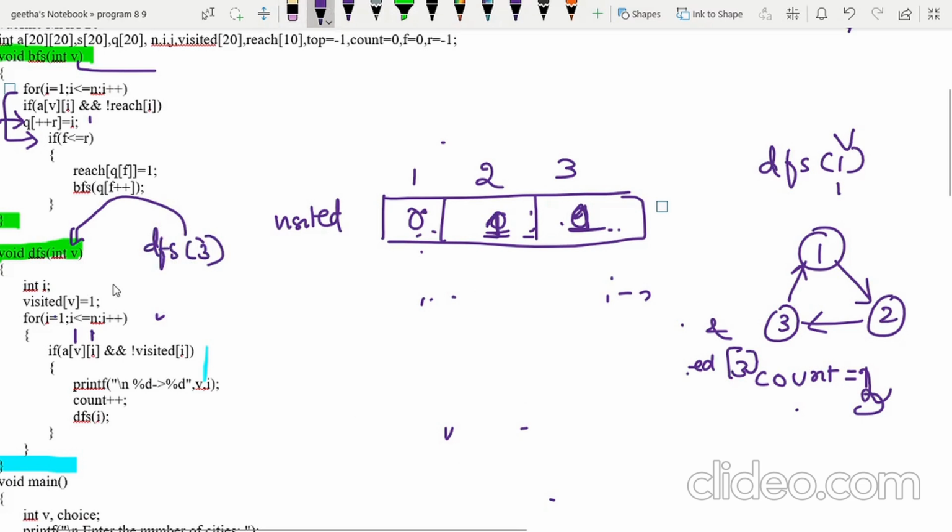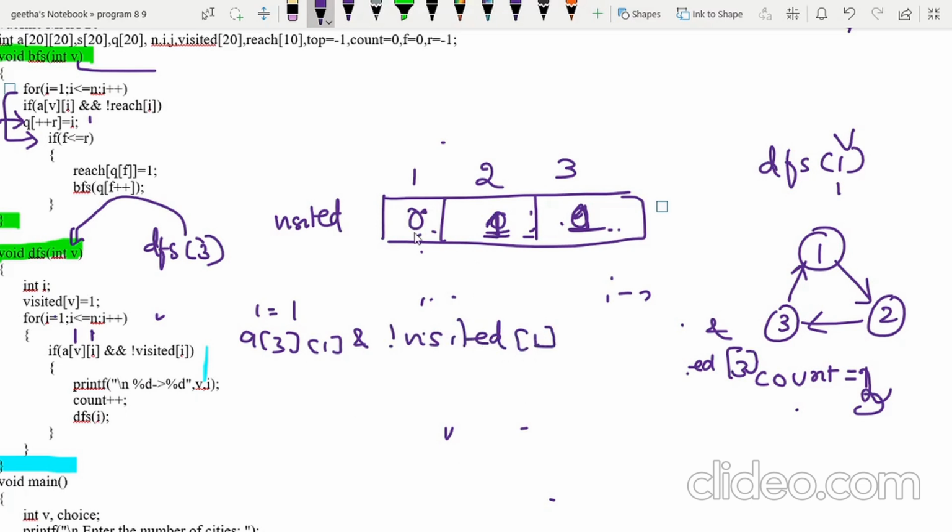So visited of 3 you have already made 1. So I becomes 1. A of 3, 1. Is there any connection? Yes. And then whether not visited of 1 is true? Not visited of 1 is true. Yes, it is 0. Now 0 means not visited, 1 means visited.